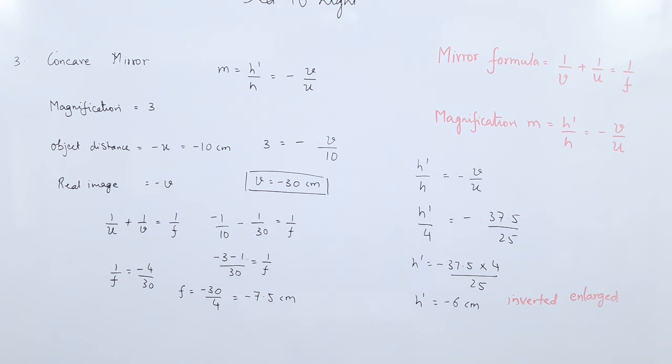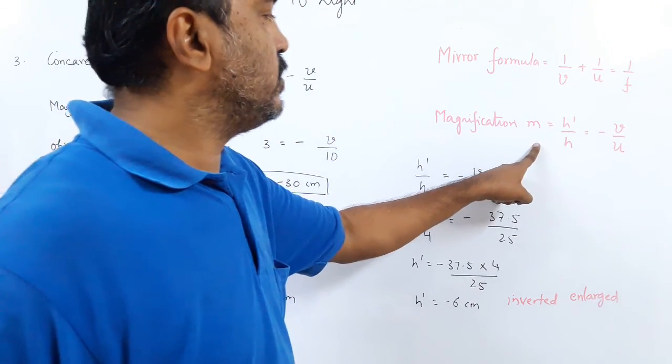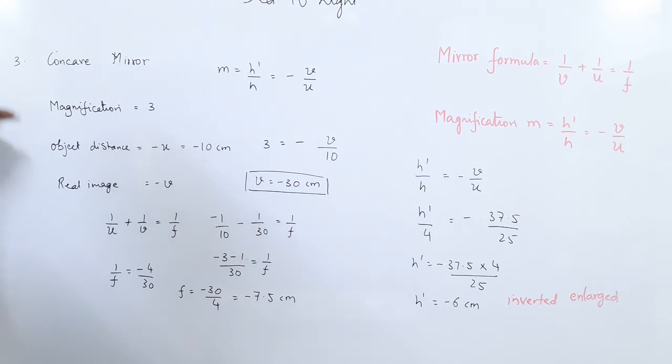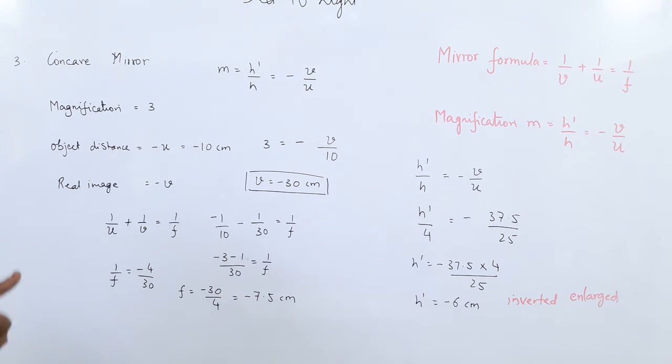So these are the numericals we did. Last time we had done what? Derived the mirror formula, 1 upon v plus 1 upon u equal to 1 upon f. This time we saw what is magnification, and making use of the formula in different ways, we have calculated the focal length, the image distance, and found out the nature and position of the image. So here we are going to end the reflection part. Next lecture will take you into refraction.